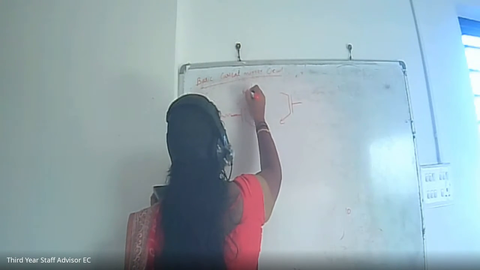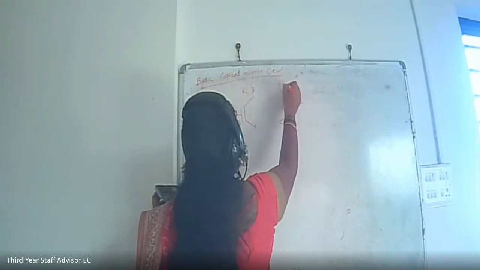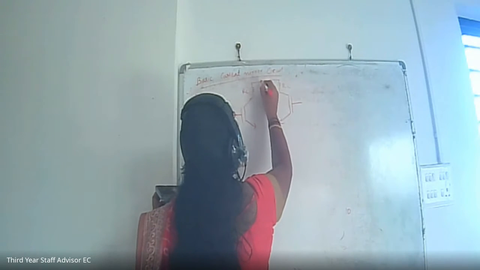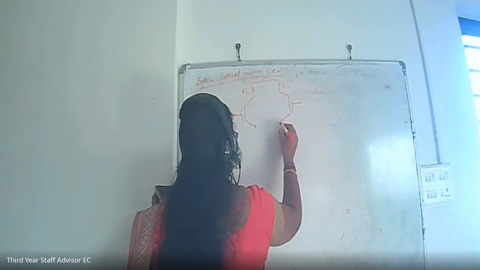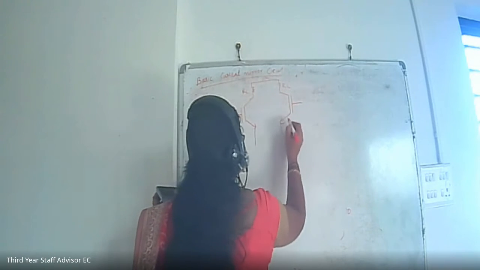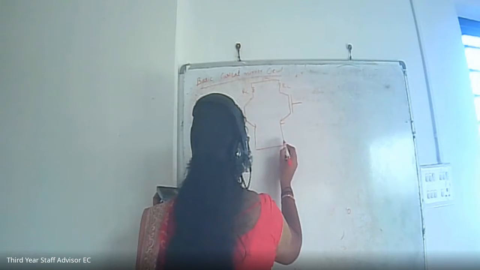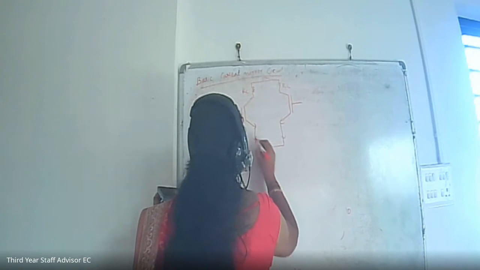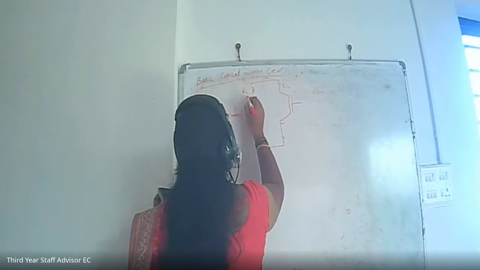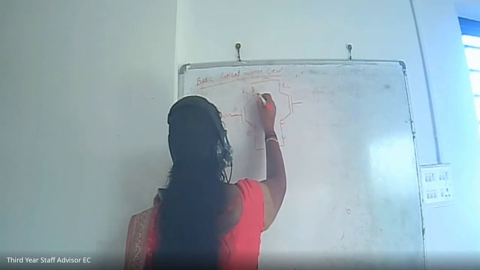This here is an RC. Here also another RC. You need not draw this circuit; you will get an idea. See, this is the emitter. Here is the emitter. This is the base. This is the collector. Output will be taken from here, V out.